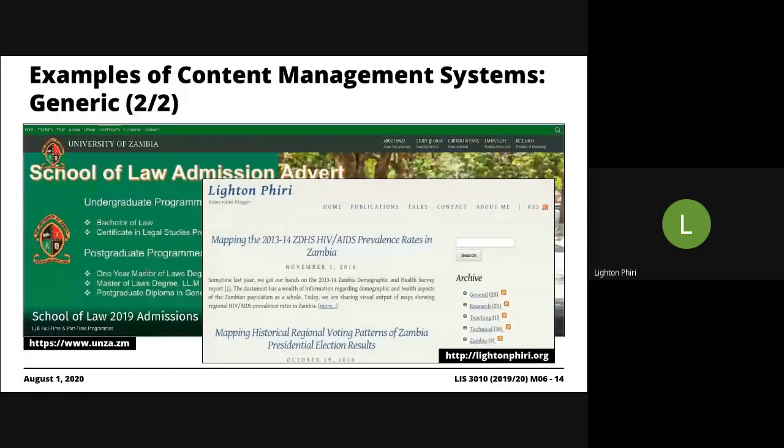Both of these content management systems are powered by default by MySQL in the backend, right? So MySQL or MariaDB, I guess, in 2020. So they're database-driven applications. And everything that you see on these websites, right? If you go to the UNZA website or Lighton's personal blog, every time you visit the website,